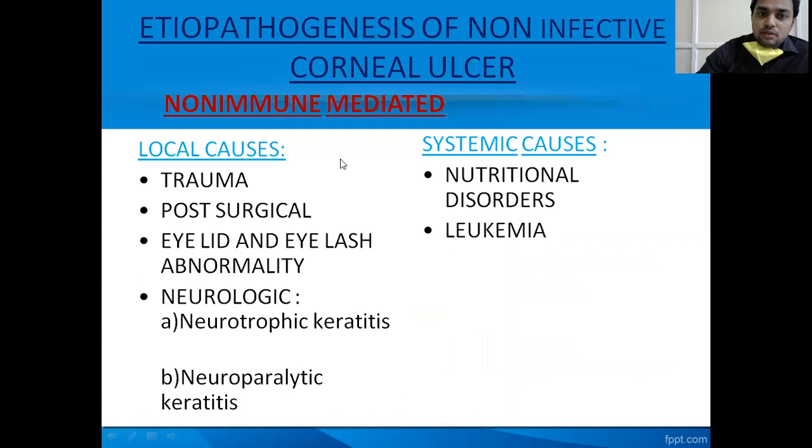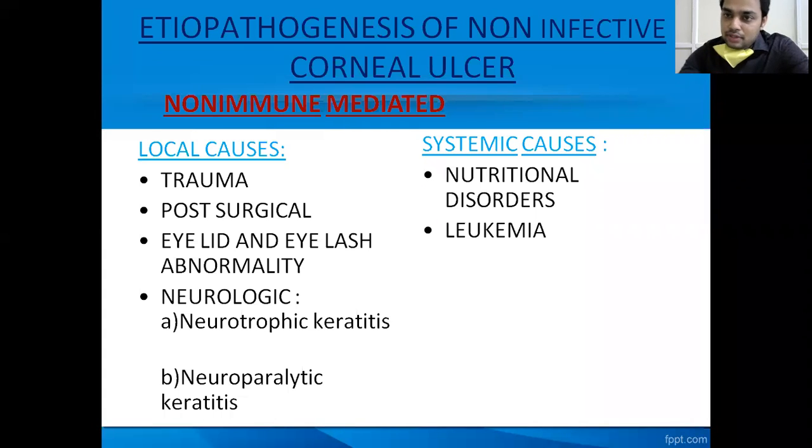So this is about infective corneal ulcers and non-infective corneal ulcers. In the infective corneal ulcers, the main organisms are bacteria and fungi, which come under the suppurative type of corneal ulcers. That is, they cause abscess of the cornea. And viral and parasitic are other infective causes of corneal ulcer. In the viral, herpes simplex and herpes zoster are common, and in parasitic, acanthamoeba is common. That is all about infective corneal ulcer.